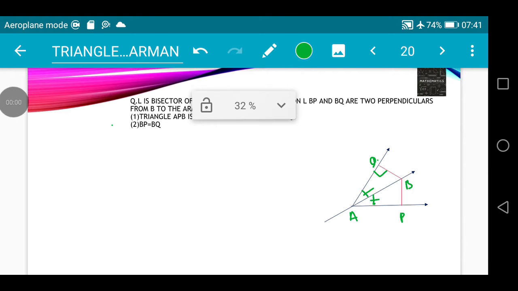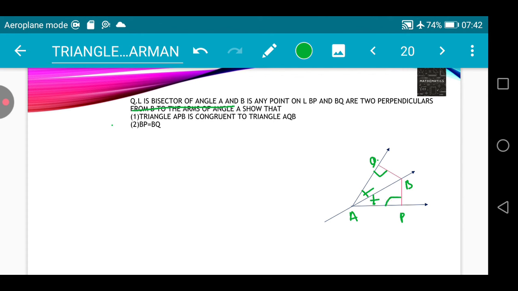These questions here, and what is given? L is the bisector of angle A, and B is any point on L. BP and BQ are two perpendiculars from B to the arms of angle A. To prove,